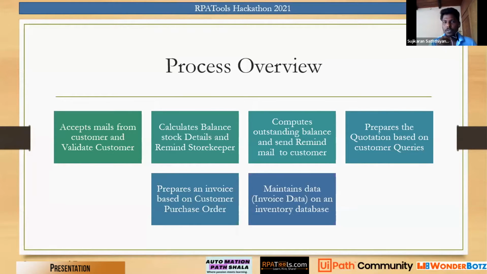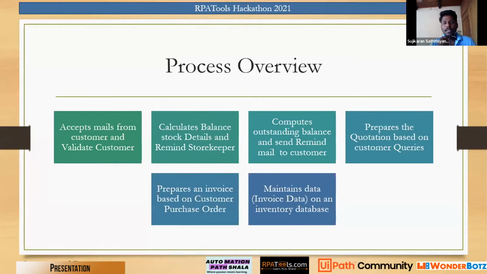So it's an issue. So if I send a request, the bot checks whether the sender email is valid, I mean, whether he is already a customer of the company. If so, it proceeds to the next step. If he's not a customer, then that particular mail is handed to the admin, who manually checks it.